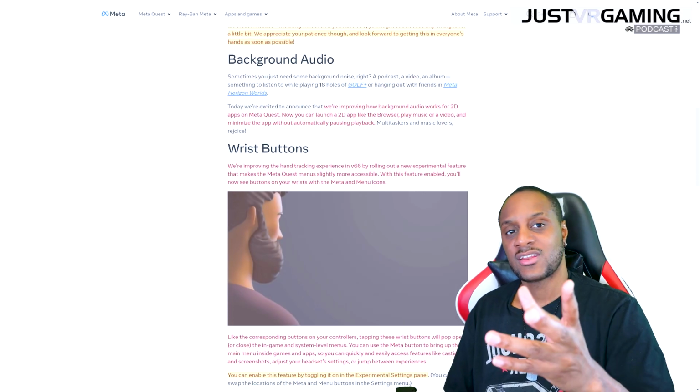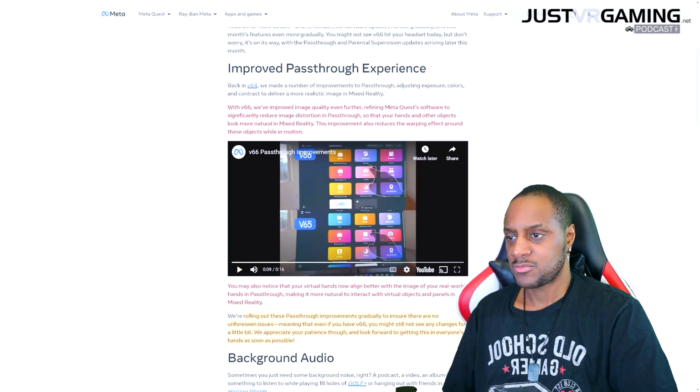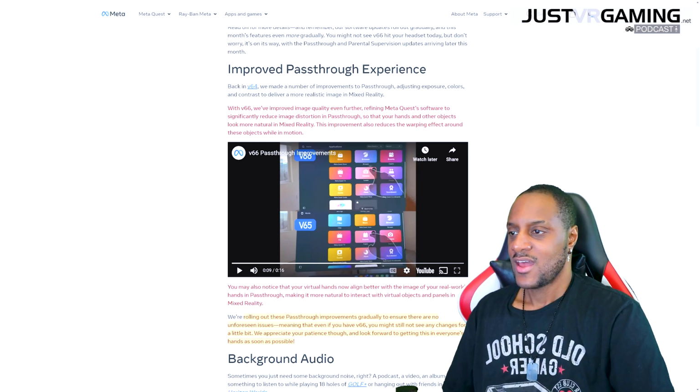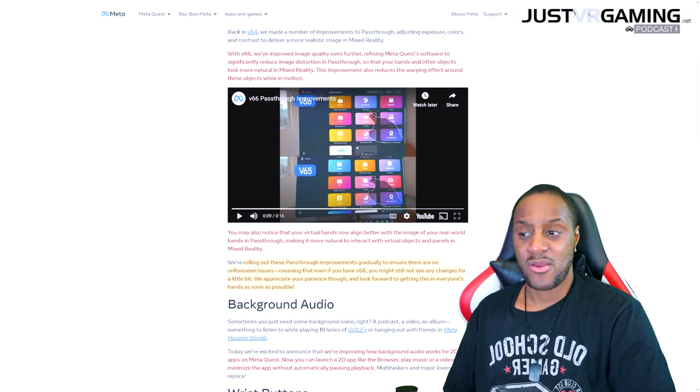Have you got this already, guys? If you got it already, let us know how the features are. Is pass-through much clearer and cleaner? Can you do your card tricks with less warping? Does it look nicer? And are you able to get a more Apple Vision Pro-like experience now,